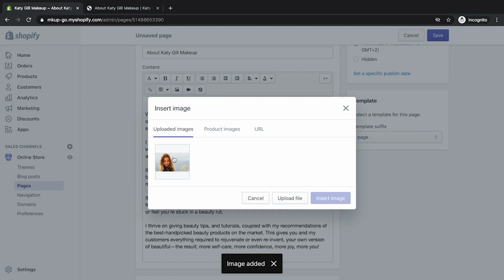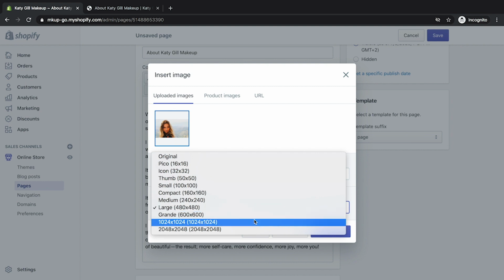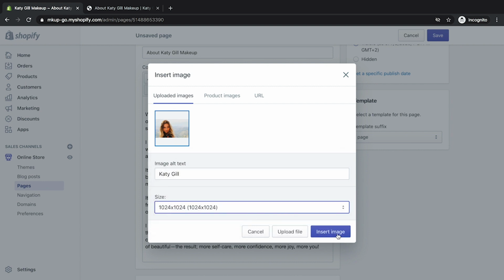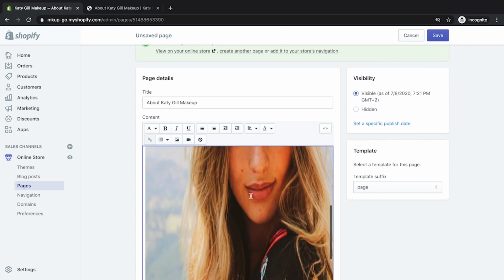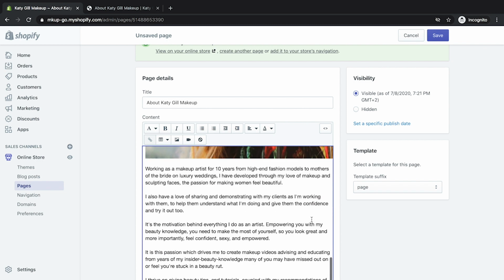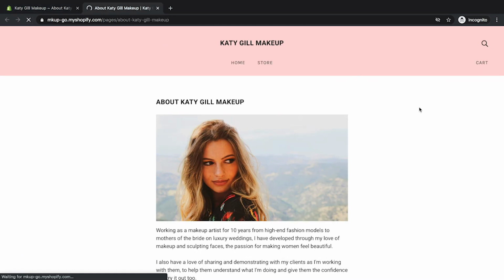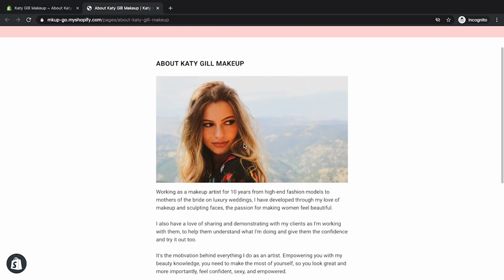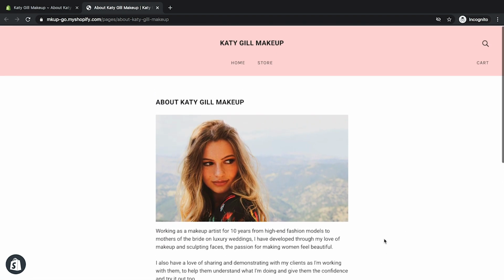Great, image is added. Select the image, add some text, let's call it Katie Gill, and on the whole we probably want to add this one in here, and then insert image. Great. Don't worry about how it looks on here. This is another thing. The editor itself is not very good at displaying things very well. But when you save here, and then you refresh this page, it looks great there. So we'll replace this with an image of Katie, and we're going to tidy up her about text. But on the whole, this is a good start for an about page.